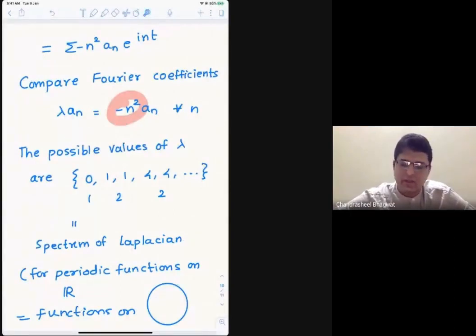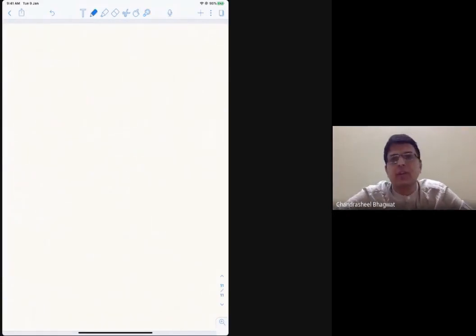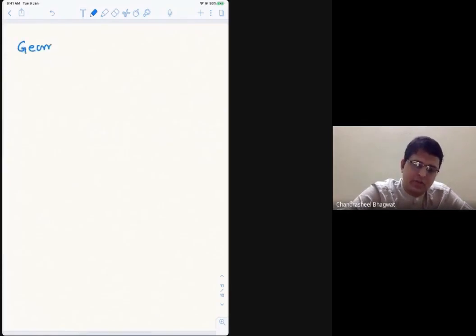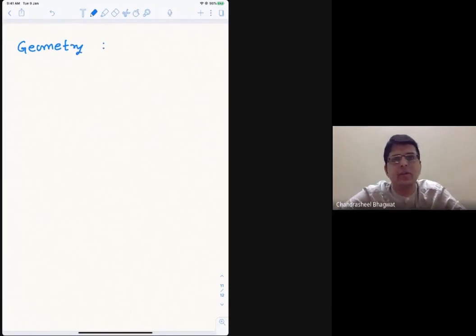So yeah, what I've done here is that I related the classical Fourier analysis with the Laplace spectrum on the functions on the circle. I'll very briefly tell you what happens to the other objects. So now I'll bring the geometry into the picture. I'll talk about two examples of interesting functions which I'm not going to talk about immediately.